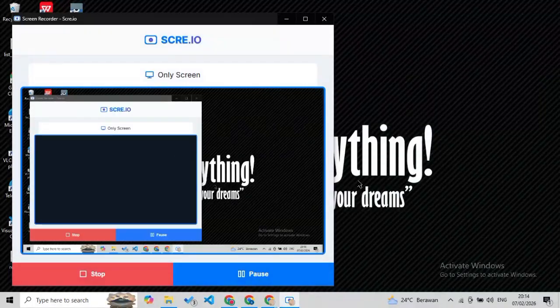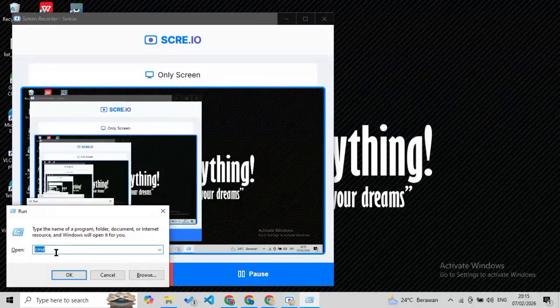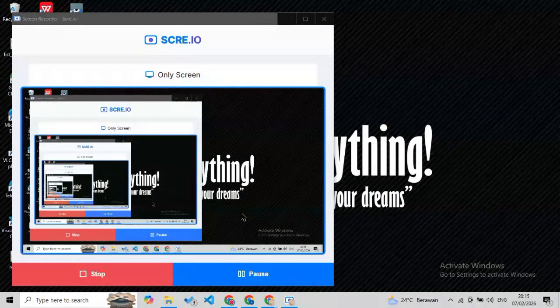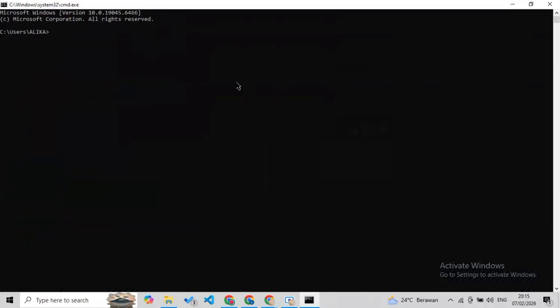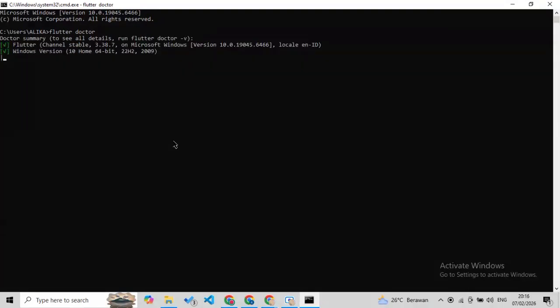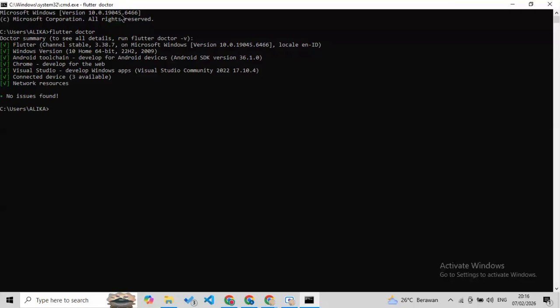Now let's check if Flutter is installed correctly. Open your terminal or command prompt and type flutter doctor. Flutter Doctor will check your environment and show what is already installed and what is missing. If you see some warnings, don't panic, guys. This is normal for beginners.